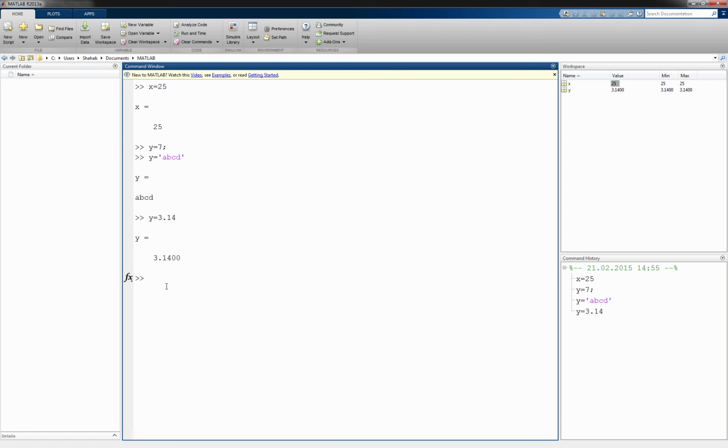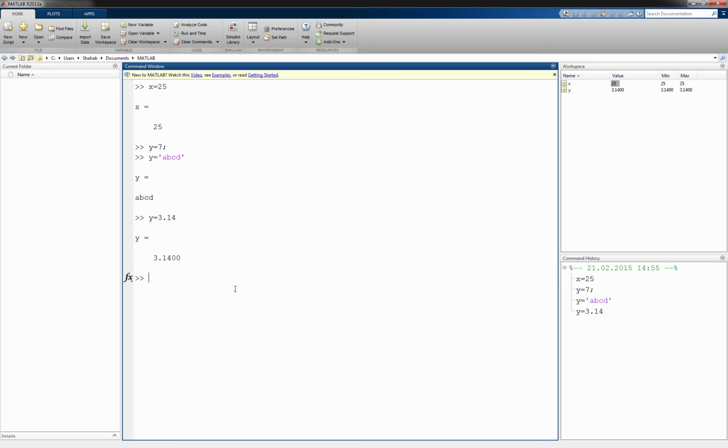So it means that you can instantly create a variable of any type, and you can easily switch between the types. And this is simply amazing, because you don't need to know which variables of which type you want in advance before you start to write your program. You can create a variable instantly.